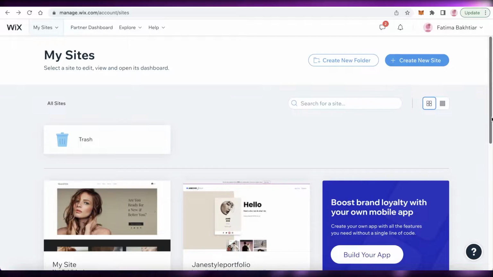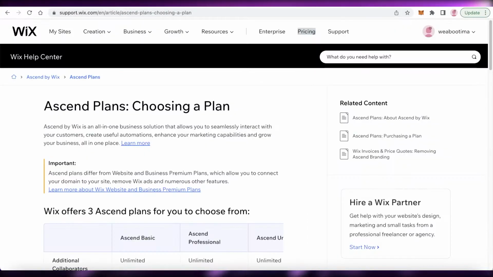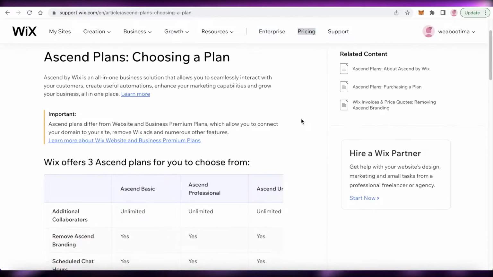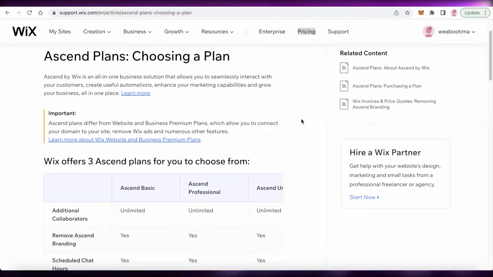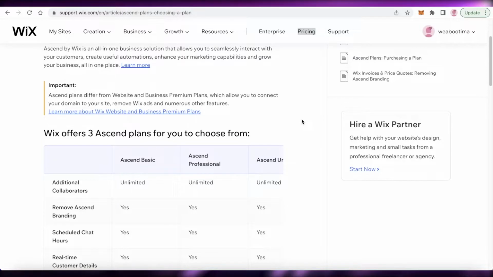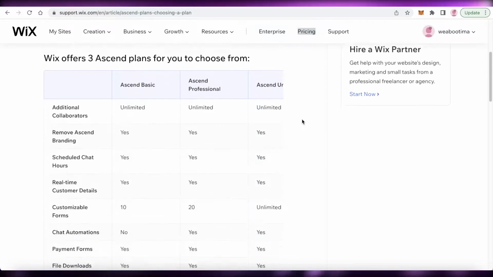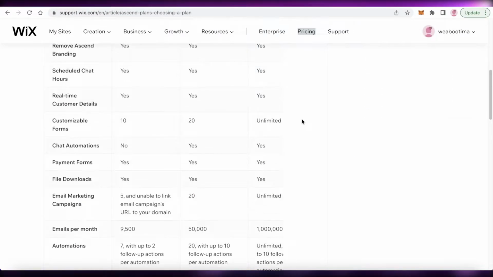So let's get started. Now, you might be wondering what is an Ascend plan and what is Wix Ascend? Well, Wix Ascend is basically an all-in-one business solution that allows you to interact with your customers or with your clients or even with your future employees. So what this basically enables you to do is create different forms and contact information on your